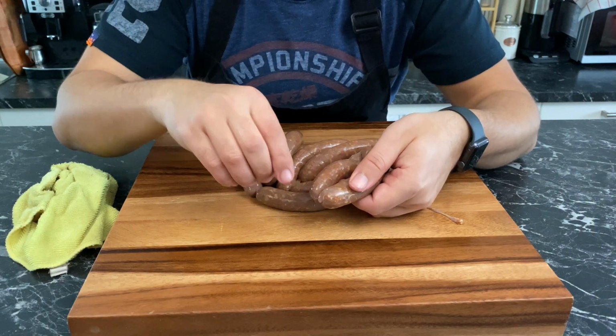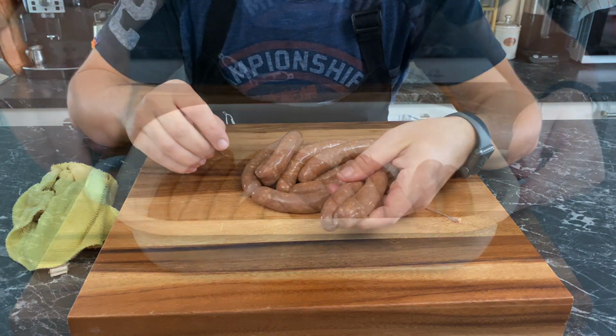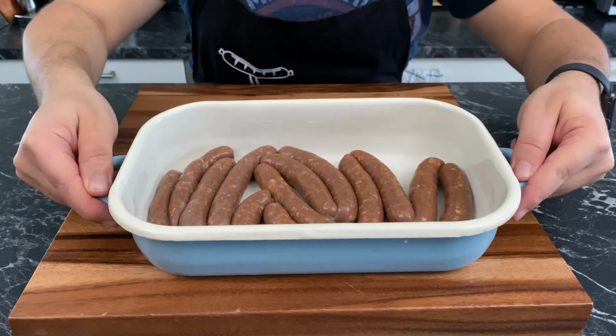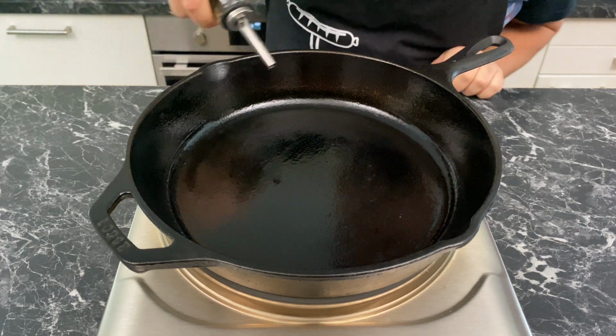If there are any air bubbles, it's not a problem, just use something sharp and thin to burst them. Let it rest in the fridge for 2 to 3 hours, and that's it. You made merguez. Now if you're looking for an excellent way to cook it, olive oil,